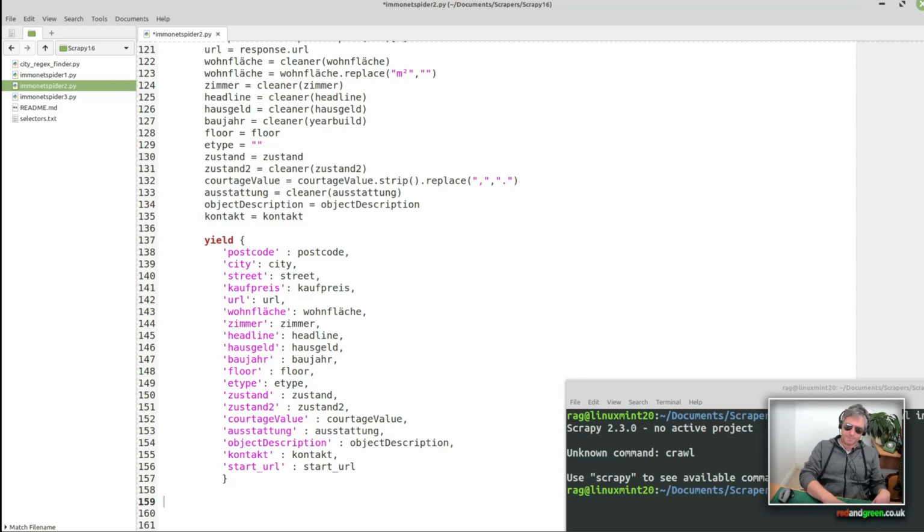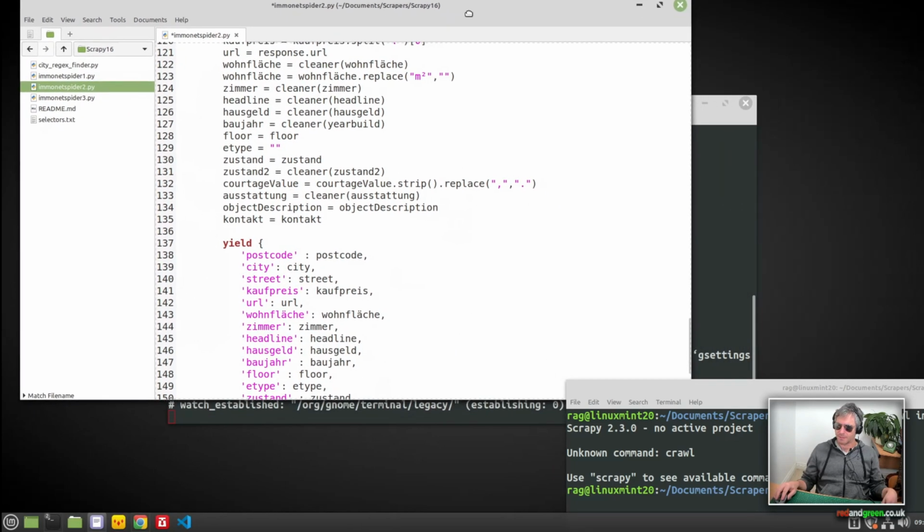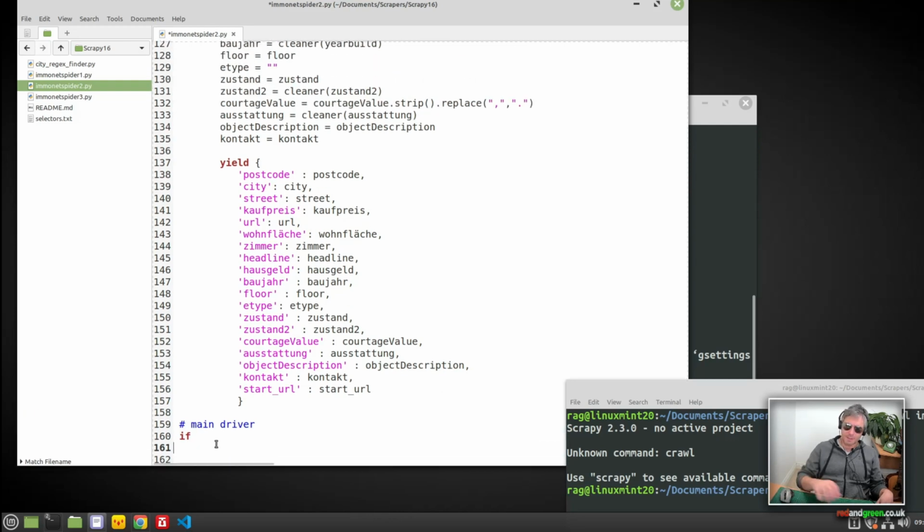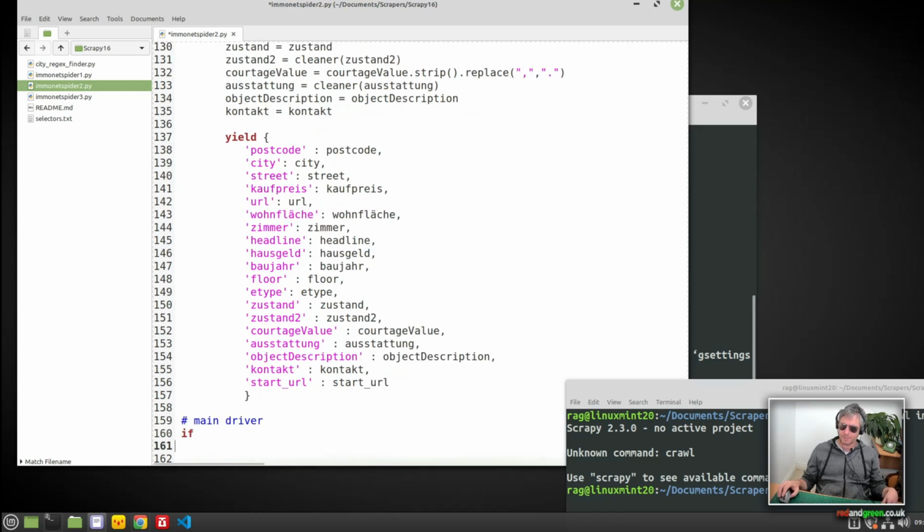Let's do best practice, we'll do main driver, and we will say if, I hope you can see this okay, it's right at the bottom, isn't it? Let's minimize that. Okay. If dunder name dunder double equals, always remember the double equals. So many times I forget the double equals, dunder equals main, tab in, process